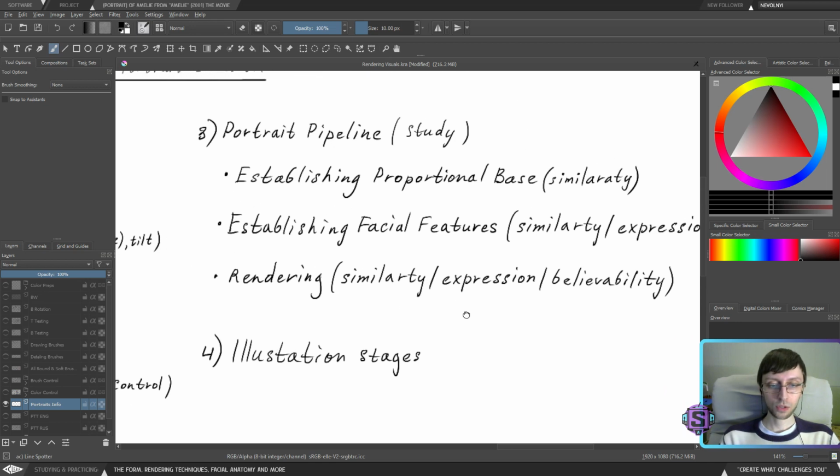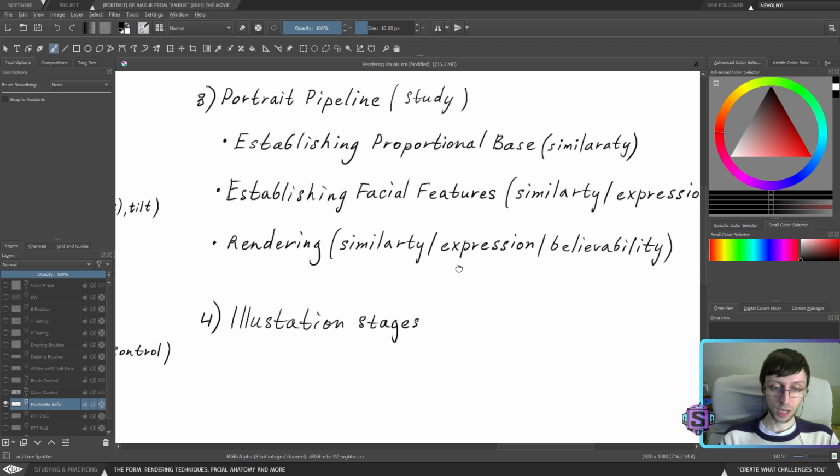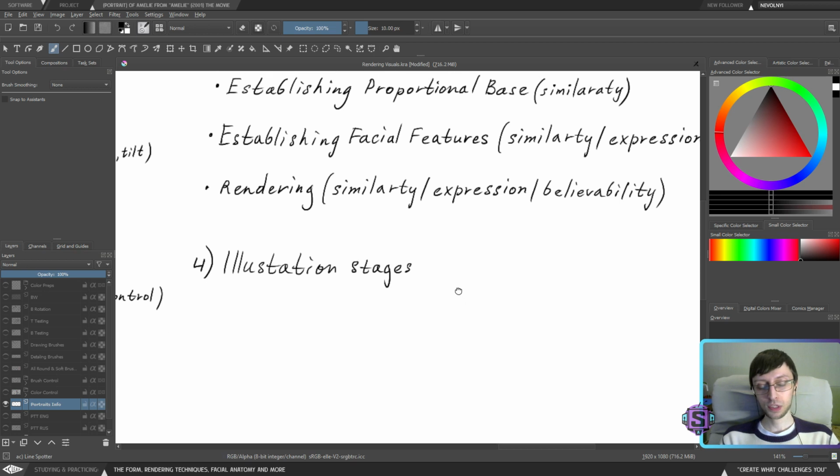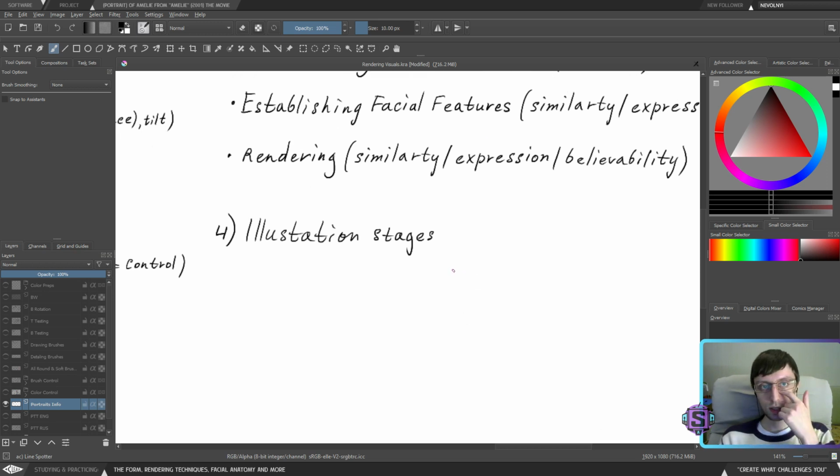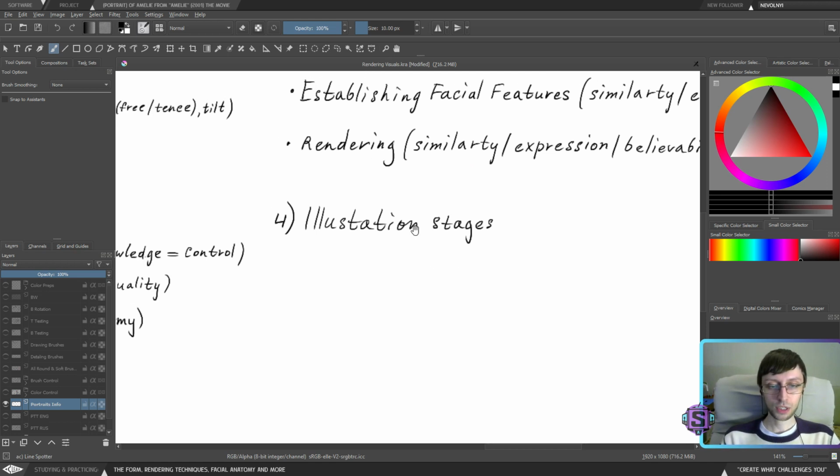When it comes down to the illustration stages, as I said before, the difference between stages and passes we're going to cover in a bit. But again, stages are something that's similar for each artist. No matter what type of artist you are, stages are kind of similar for almost all artists. Every artist starts with an idea, so basically we're going with an idea stage. By the way, let me open the whole pipeline for the illustration that I established throughout the years.